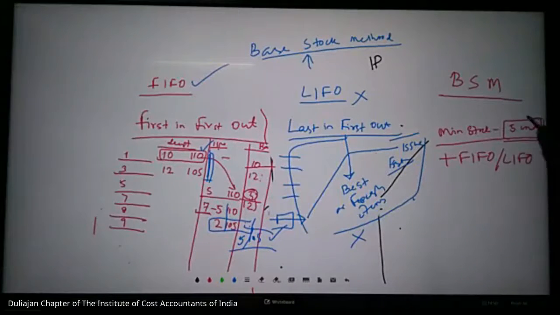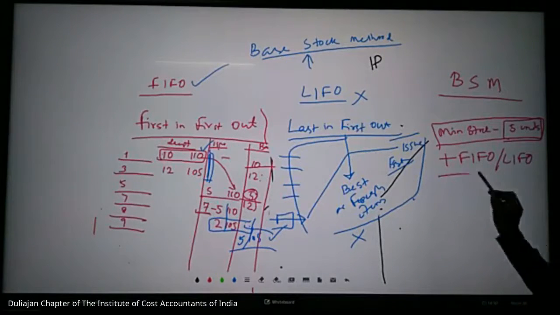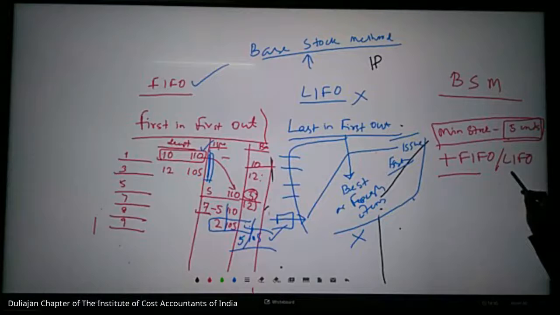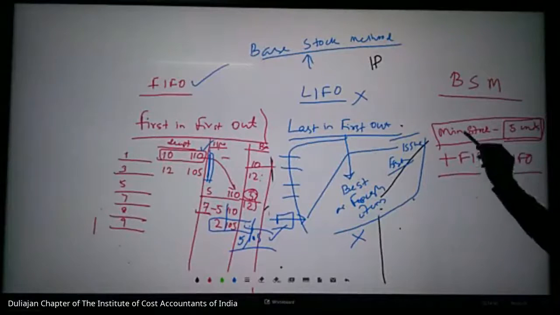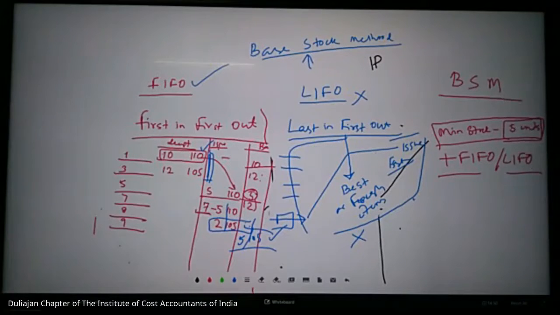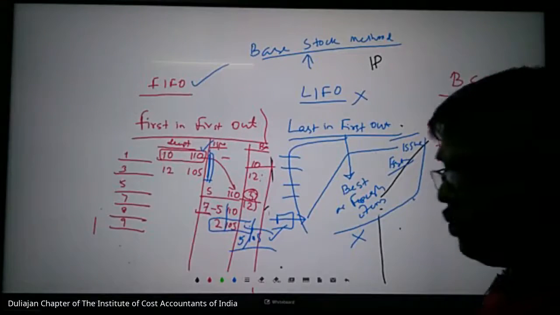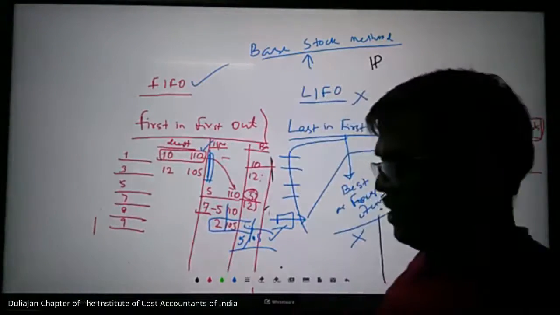the only thing, that I am keeping a stock as fixed, then I am applying either FIFO. If I am having a FIFO method, I will maintain accordingly. If I am using LIFO method, I will maintain accordingly. This type of thing, when you do a problem, we will be able to understand it very clearly. We will do a problem later on.